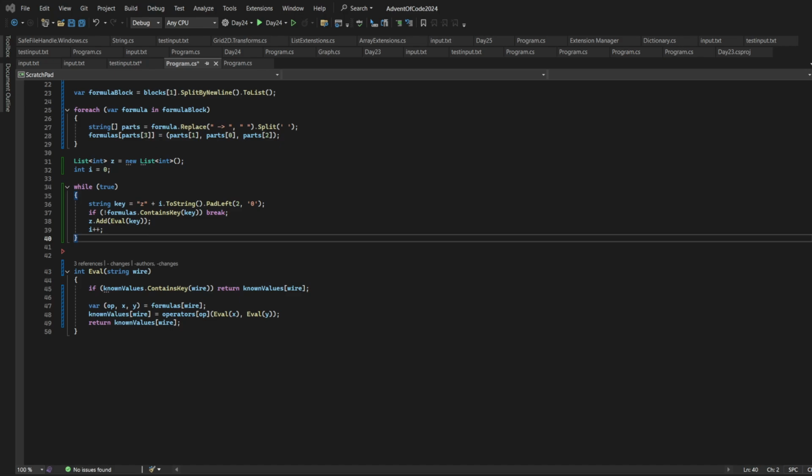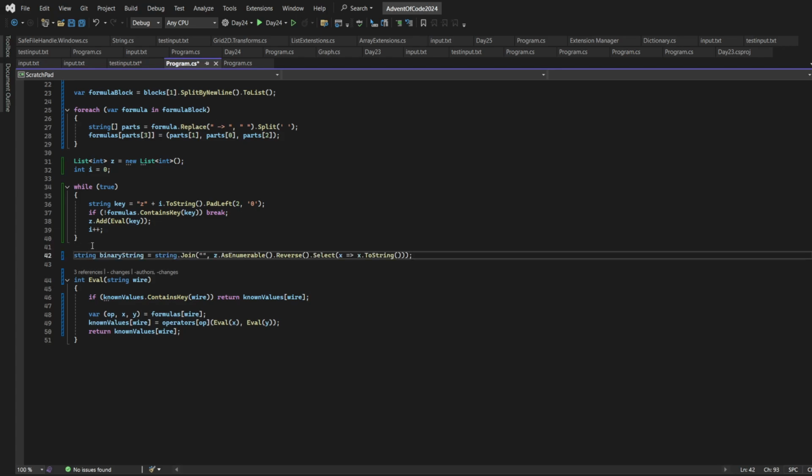Then to form our binary string, as you said, we will go from the 0 up to the last one, and then what we need to do is construct our string. We'll take this as an enumerable. We do a reverse, then we will select it. So we do this in that sense. And so after this, we will get our binary string reversed,